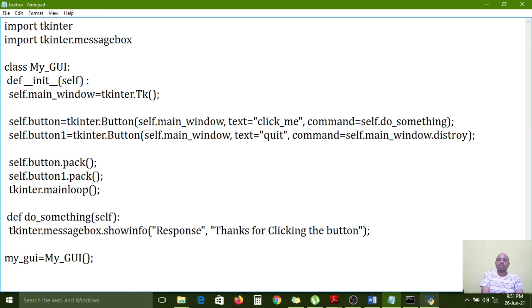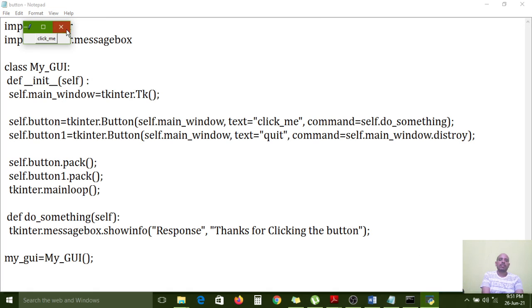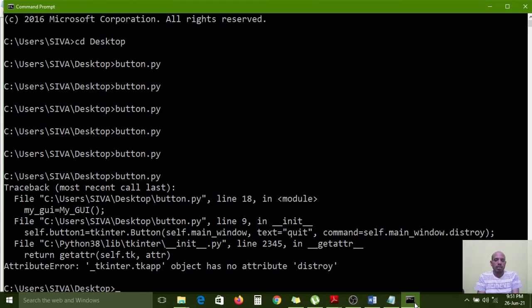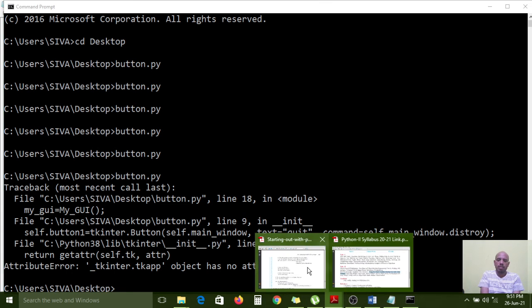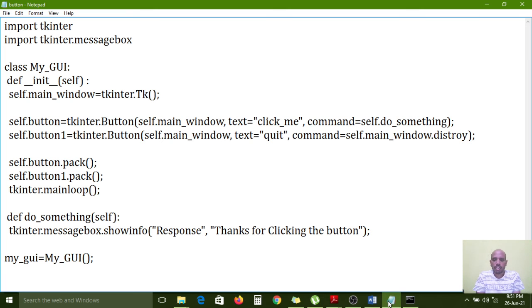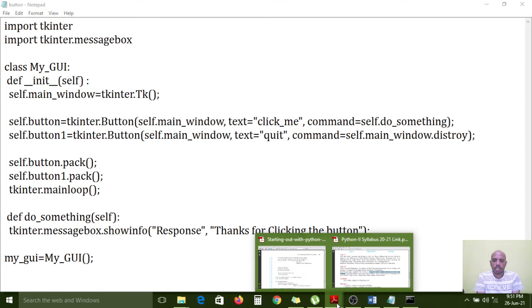Now we have to execute one more time, the button class needs to execute. It is showing an error now. Why? Object has no attribute destroy. Object not there. Destroy: self.main_window.destroy. Why is it not there?